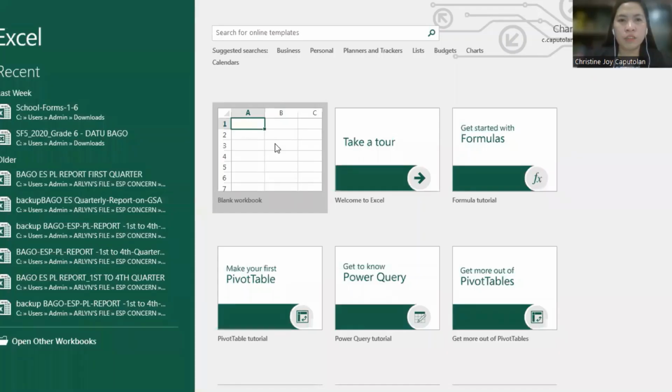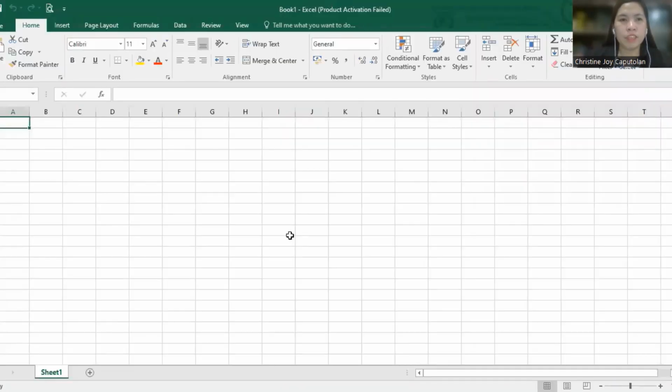Now I'm going to show you how to make automated grades for students using Excel. Now let's start by going to the Excel application and then click on the blank workbook. And from here, you will see columns. Just put in